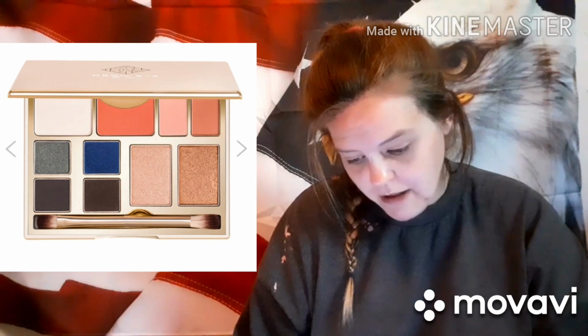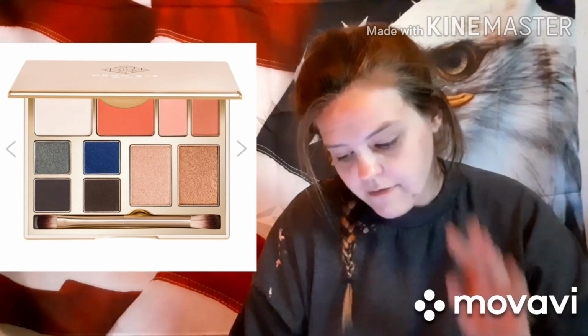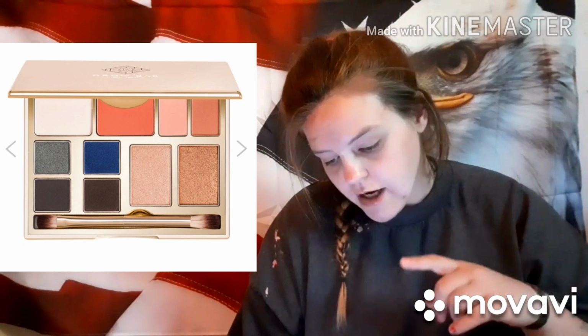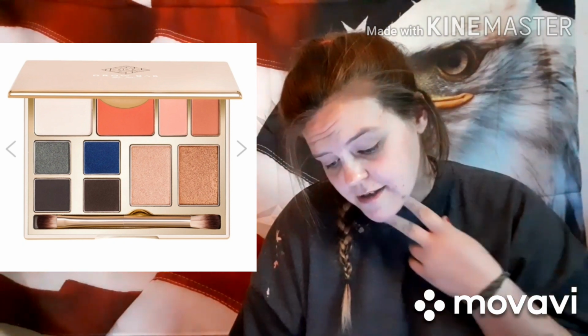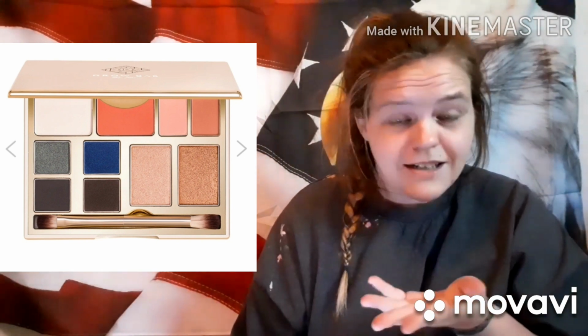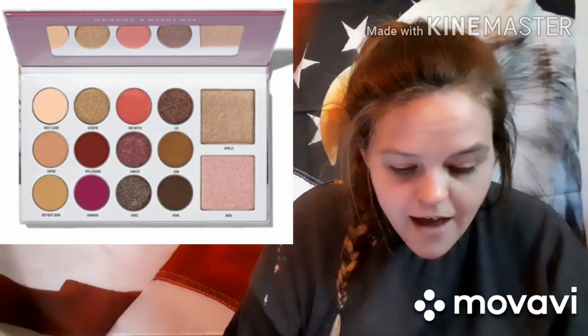Each of our 6 palettes come with richly pigmented, dazzling shades and shimmers of 4 eyeshadows, a translucent powder, 2 highlights, a blush, and 2 bronzers. It's just, I mean, what can you say? Really? It's freaking beautiful. Alright, and then moving on to number 4 is the Morphe Brushes and Manny MUA's Glam